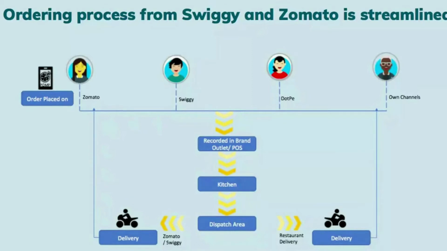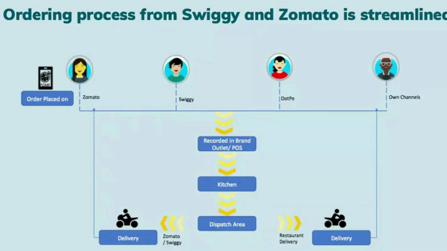Let's say there are two burgers, three pizzas, and two cans of Coke. It is the kitchen team's responsibility to complete and hand over whatever is in the ticket to the dispatch team. The dispatch team thereon checks the entire list: we've received the pizzas, the burgers, and the Cokes. Once that is done, it is packed and given to the store management team. From there, depending on whether it is Zomato or Swiggy's delivery or our own delivery, we give it to the respective delivery boy or delivery team, and then it is delivered to the end customer.